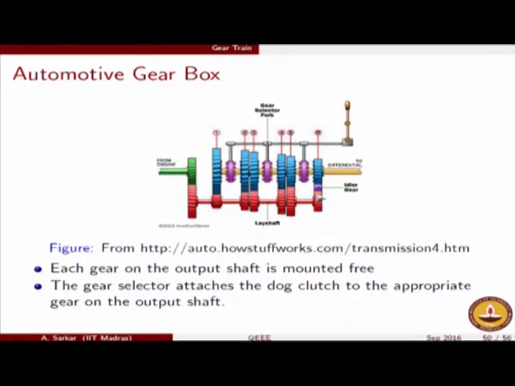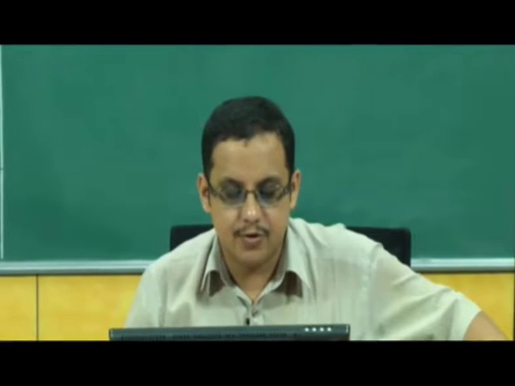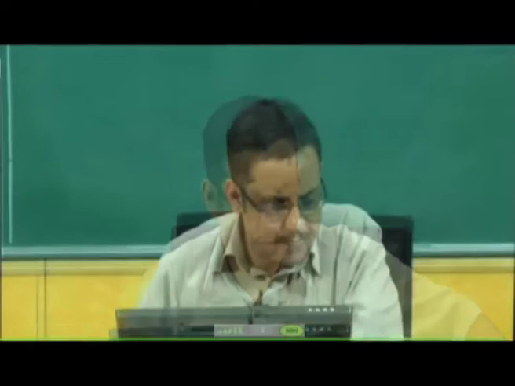We will do the planetary gear train in a moment's time, but maybe it is a good time now to take a pause and invite questions from your side. There is only one topic that is remaining, which we will do in the next half an hour or so, which is about planetary gear trains. Other than that, if you have any questions, feel free to post them. We should be able to answer it for you.